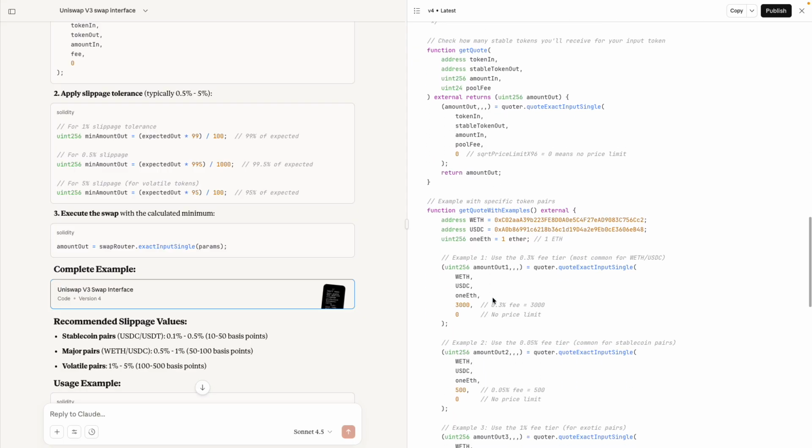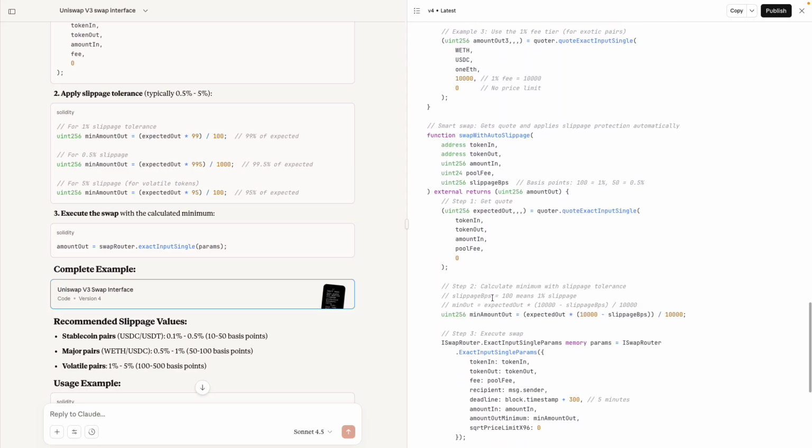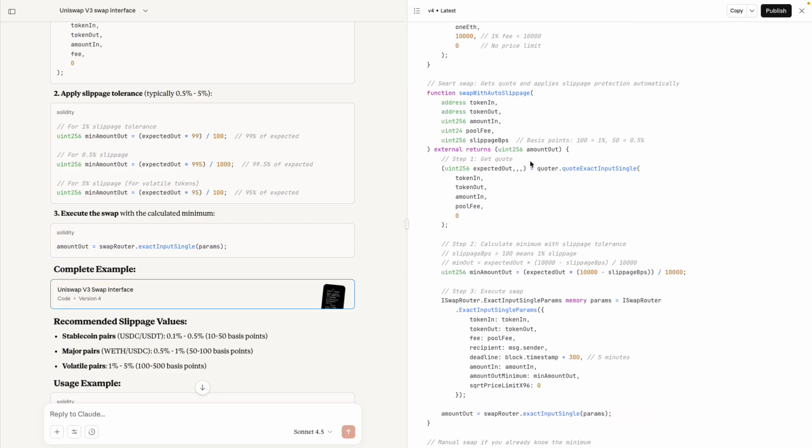This is quotes. I don't want the quotes. I want to swap with auto slippage. This is what I want. Yes, this is what I'm looking for. So basically, I want to provide the collateral token, the USDC, the amount of collateral token, the pool fee, and